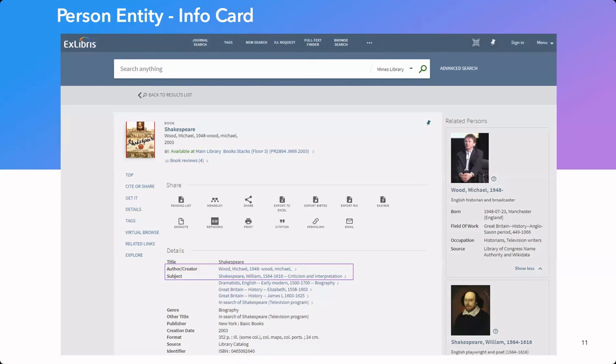Can the linked data person entity be turned on for the full record only? So not the autocomplete, you mean? Yeah, just to split the behavior into two. We can forward this enhancement, I think. I believe it's already coming out like this. Yeah, we'll have more information in May when it comes out about what the configuration is, but I believe that I